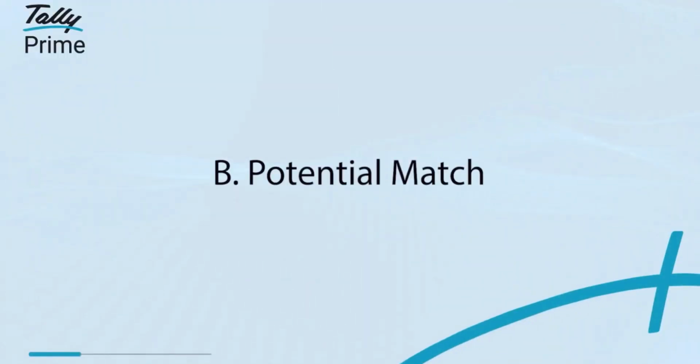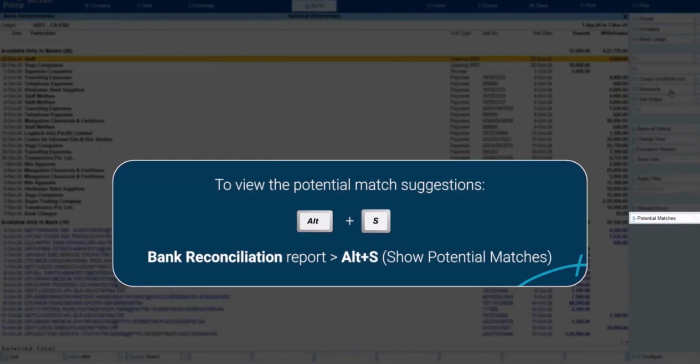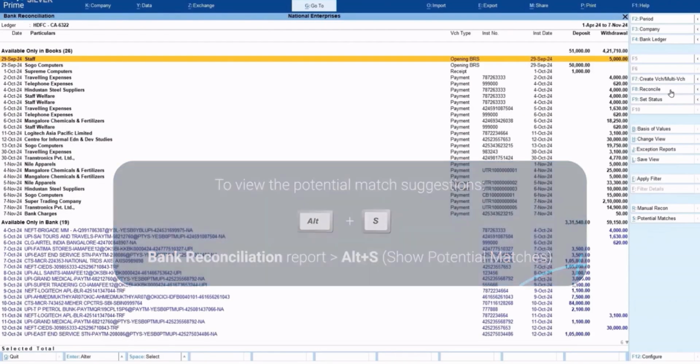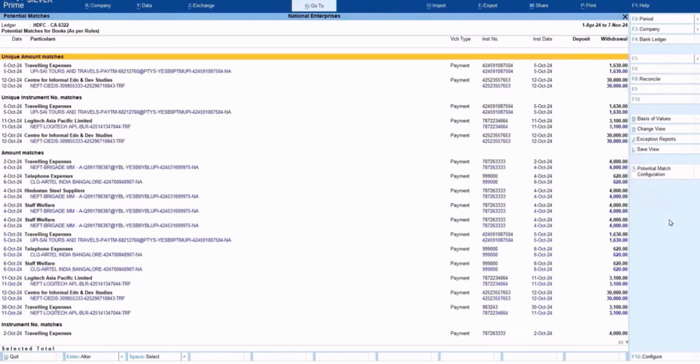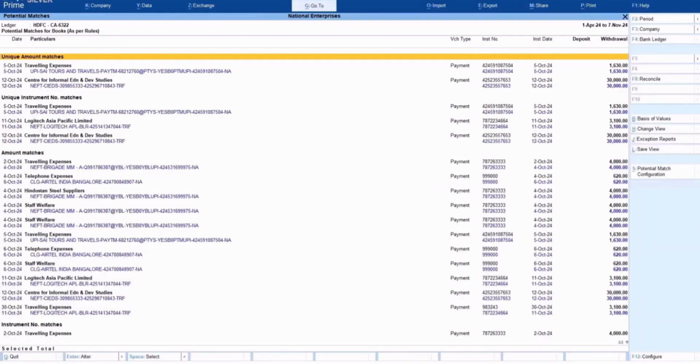You can reconcile your transactions with potential match suggestions. In the bank reconciliation report, press Alt-S to view the potential match suggestions under different heads. By default, the potential matches screen displays potential matches for books, as per rules, where under different rules you can see the transactions available in the books.